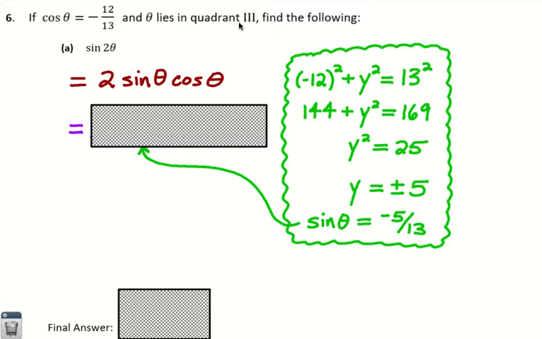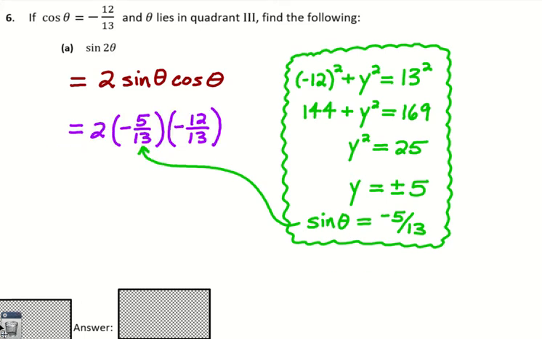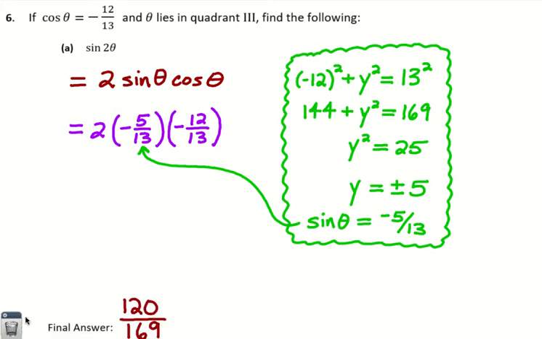How did I know it was negative 5? Quadrant 3 is where theta is. In quadrant 3, y is negative. Henceforth, sine is negative. So now I know not only that the cosine is negative 12/13, but the sine is negative 5/13. And so multiplying all this together to get to a final answer,